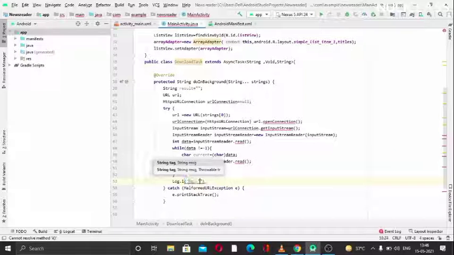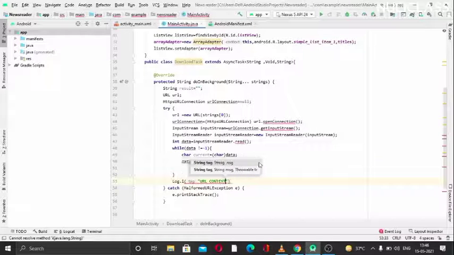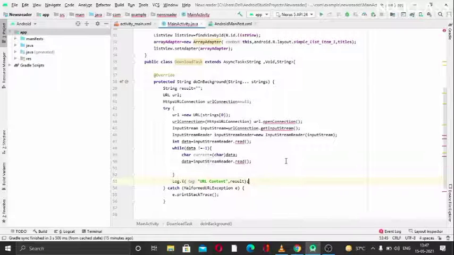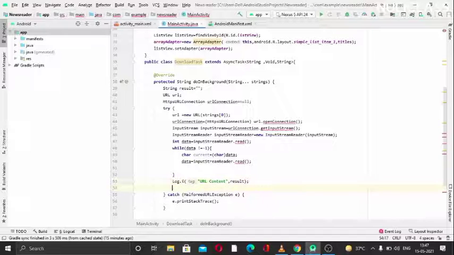I will use URL context here, and secondly we want to pass the throwable. Like what do we want? I will pass the content. It's just a string, you can name it. I have written URL content, so it's the result. We can see the IDs, whether they are being implemented or not, so we can check that in the logcat, which is here. Okay, so here I will return the result.